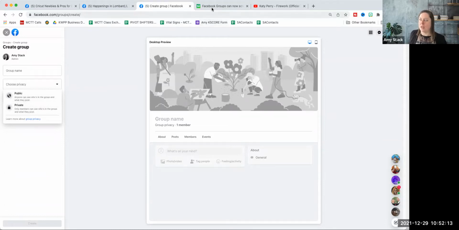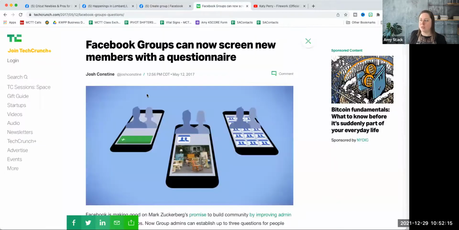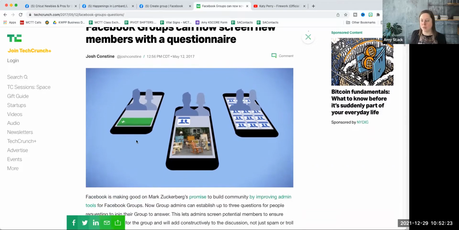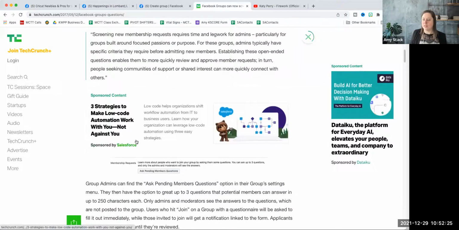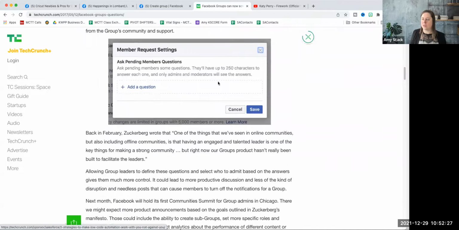The other thing I want to point out is when you are setting up groups, you do have the ability to request information from anybody who wants to join before they are approved. So I pulled this up because you'll be able to get a question or a little pop-up like this. It says, ask pending members questions. So you can ask,